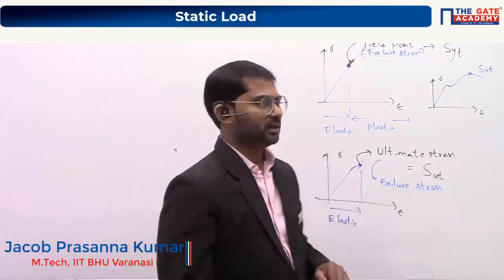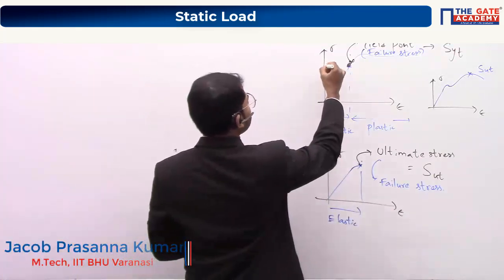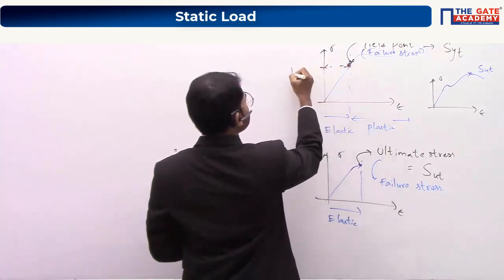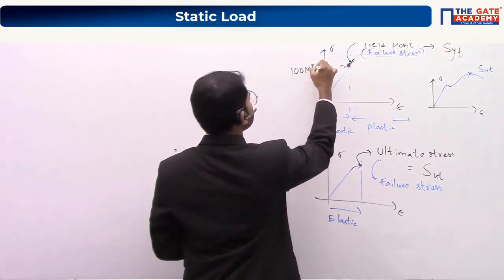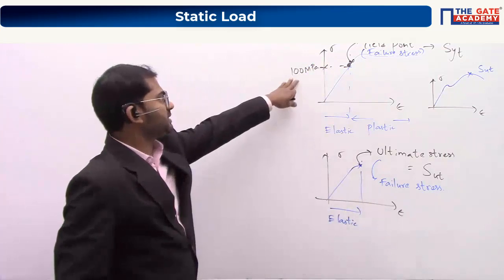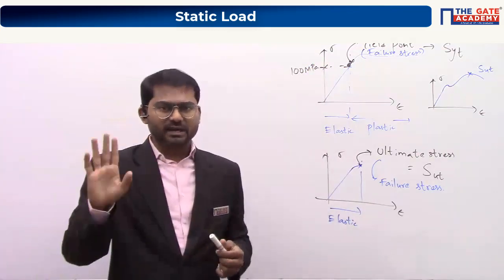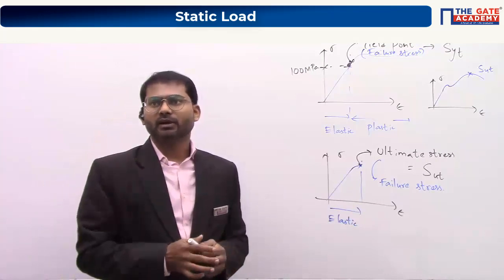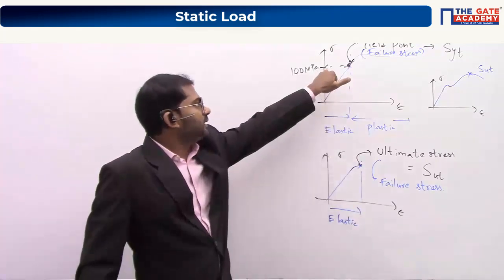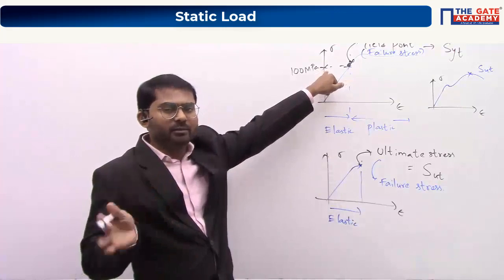Let's assume that the rope is a ductile material, so yielding will happen at, let's assume, 100 megapascal. Let's assume that 100 megapascal corresponds to 10 people. So they know that yielding will start and failure will happen. Failure will happen at 100 megapascal, it will start yielding at 100 megapascal.